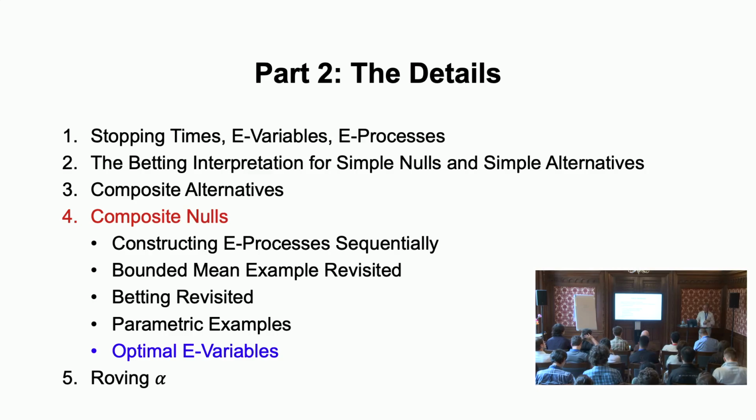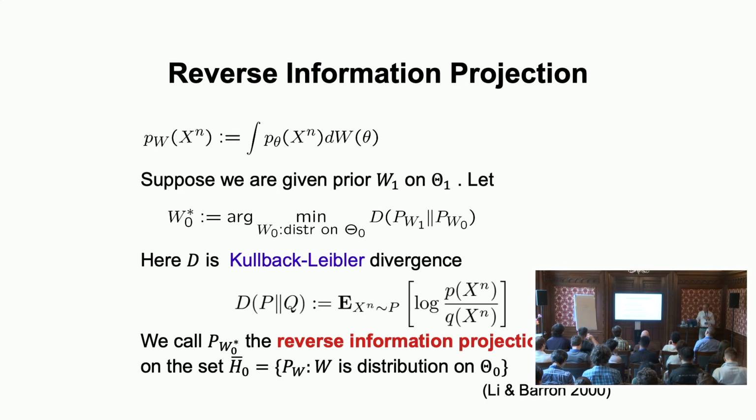So now I'm going to show a general way of making such e-variables for parametric nulls. And also I will finally, I said it already many times, explain what we mean by optimal, by a good e-variable. So now it's going to get a bit technical, but bear with me, because it's also going to be really interesting, I think. In fact, this is kind of how we got into it. This was our breakthrough in these 2019 papers.